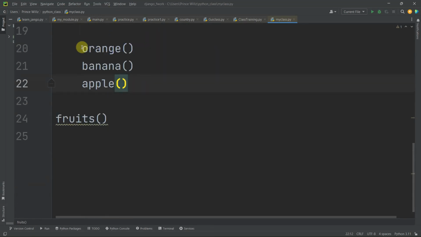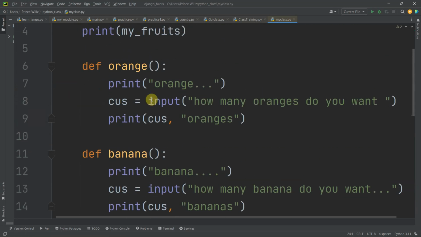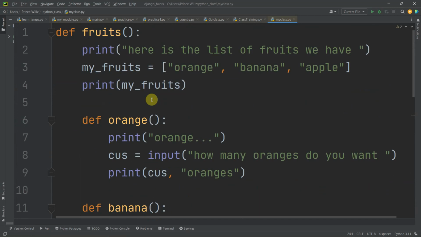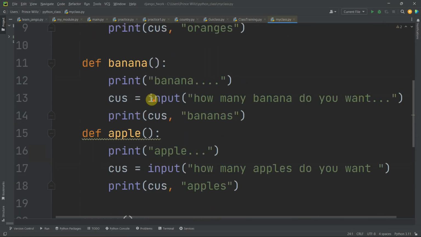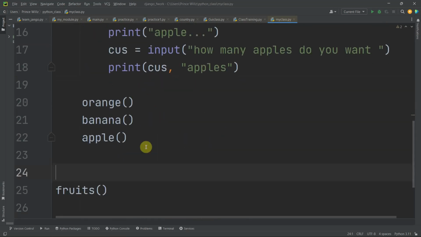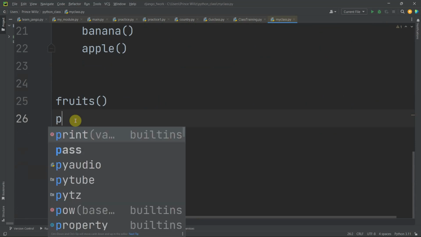As you can see, all these functions are indented, but fruits is not indented because that is the head. There is still a yellow line here. We have to give space. Now the yellow line is no more. Now we have written functions inside of a function. Nested function. We have nested three fruits inside of a function. Now if we should run this, maybe right after all these things, we may print